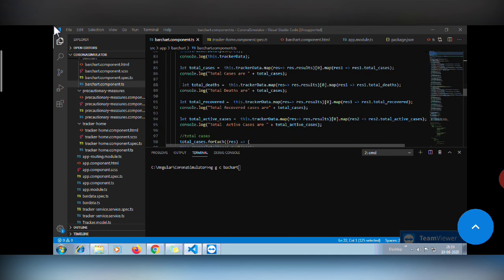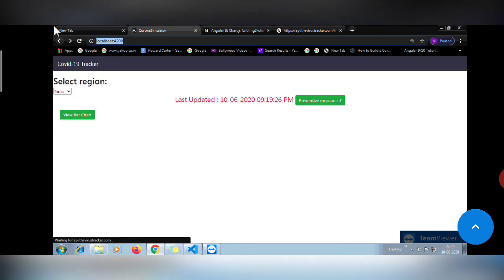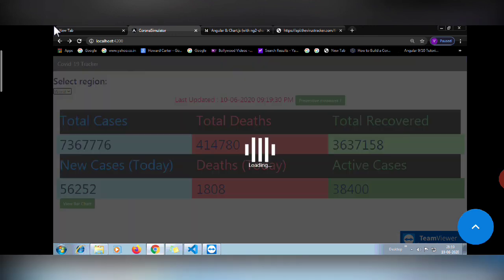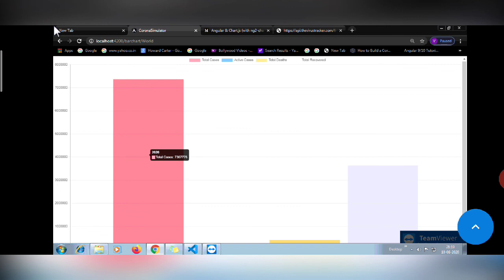That's it. Now we will see the complete representation. So from here if we select world now, you will see the count is 736776. Now click on view bar chart. So see, the count is 737666. And this count is very low because of the JSON.